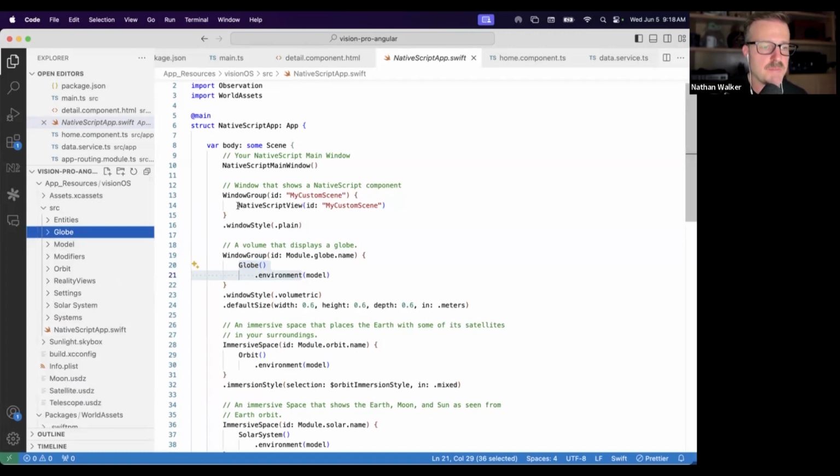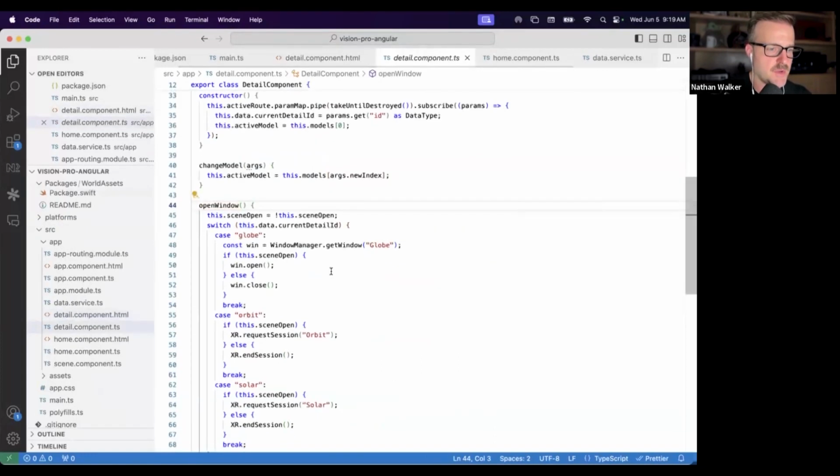But you can also embed NativeScript views inside of Swift UI views. So the interop is pretty fluid. And inside NativeScript views, of course, you can embed Swift UI views. So this can actually be a NativeScript view that is open in a totally separate scene that can also embed Swift UI things in it and other NativeScript views. So it's, again, a lot of options on how you can do it and different things you can do, but we'll take a look at the setup of this and how this works